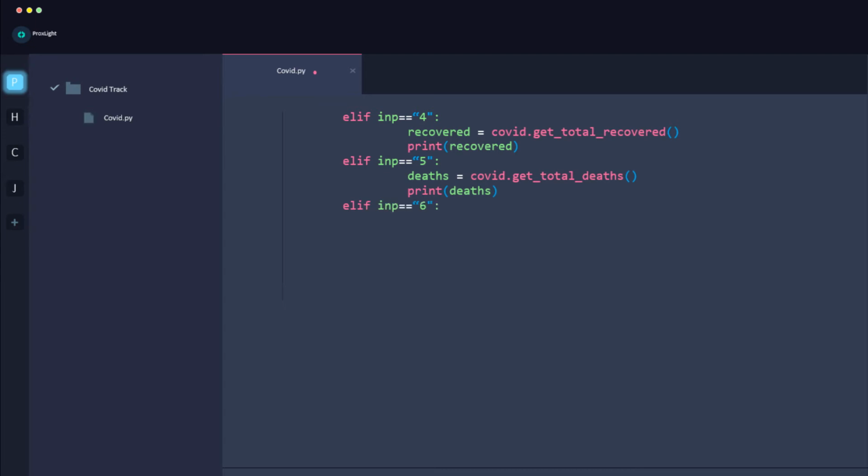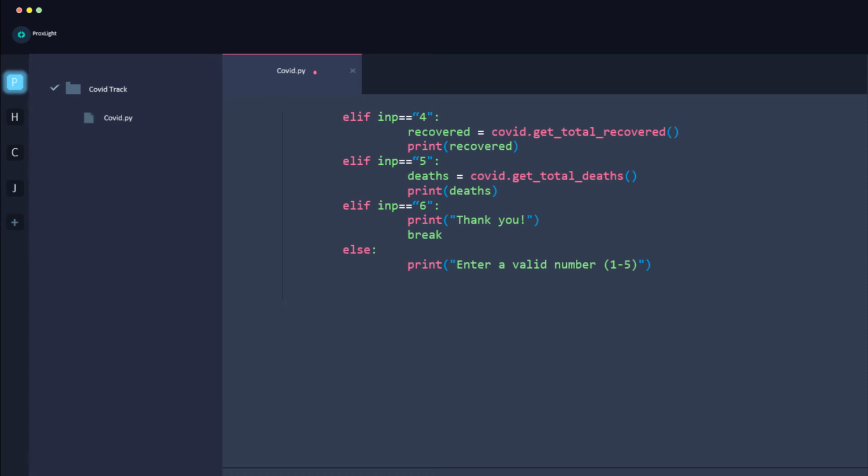Now if he presses 6, then it will say thank you, and we will break the statement. So I have broken the statement. Else, if there is nothing, meaning he has input nothing from 1 2 3 4 5 6, then it will print an error. So it will print enter a valid number from 1 to 5, or you can say 1 to 6, because the ending one is thank you, that one. So it is basically closing it.